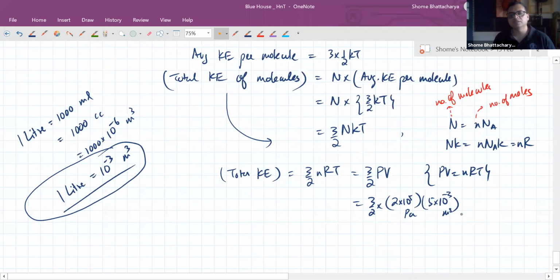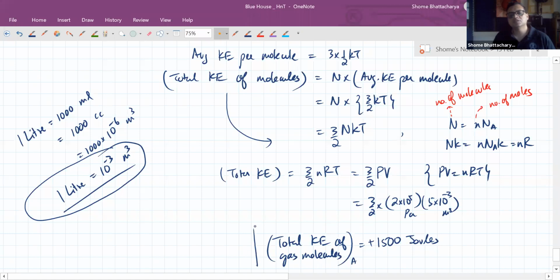So Pascal into meter cube will give us joules. So 3 into 5, 15 into 10 raised power 2. So 1500 joules. 1500 joules is the total kinetic energy of gas molecules in the chamber E. So you can see with minimum amount of extra work in the calculation, nowhere I've tried